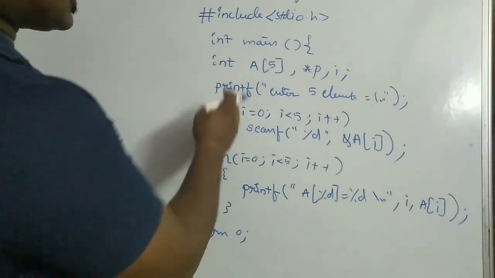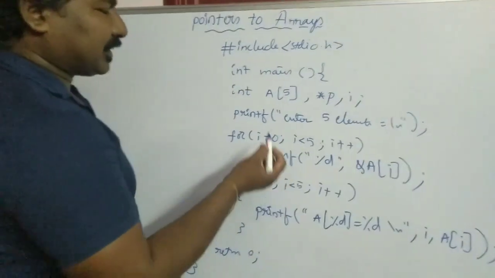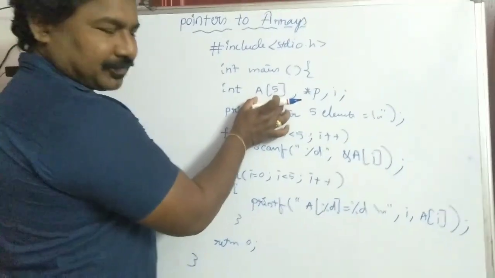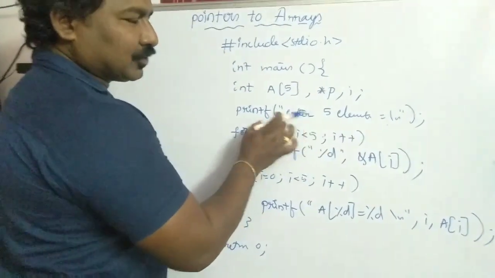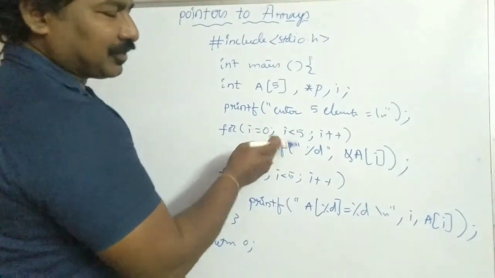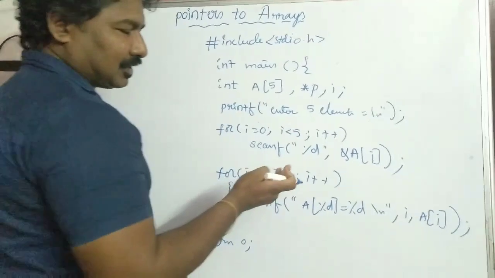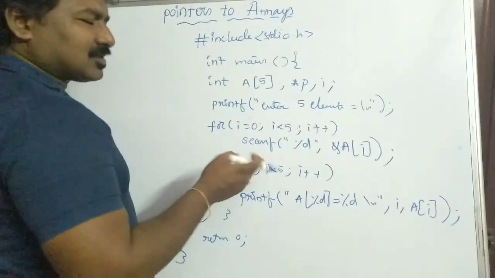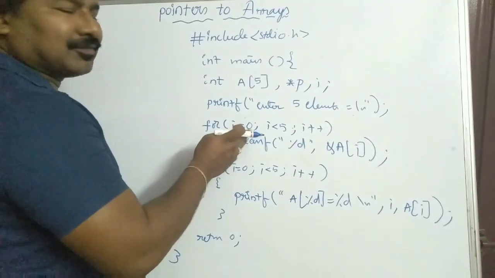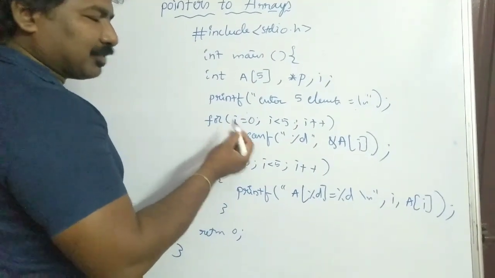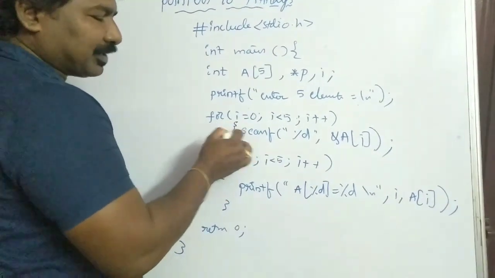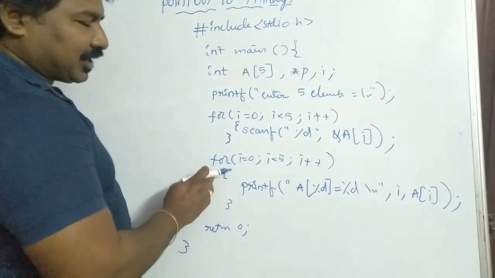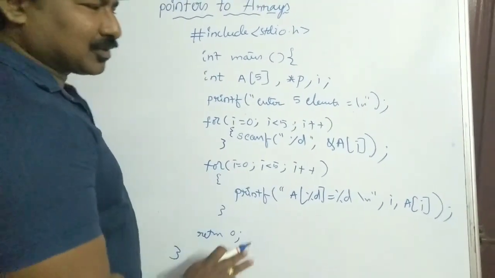Okay friends, this is a small program where I have created an array with the size 5 and I am reading those 5 elements. For that I have taken a for loop and it is running 5 times, and scanf will read all the elements. Since I have only a single statement in the for loop, I have omitted the braces. If you want, you can put the braces, no problem. So here I am just printing all the values on the screen.